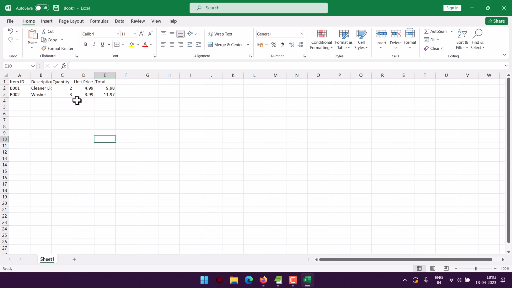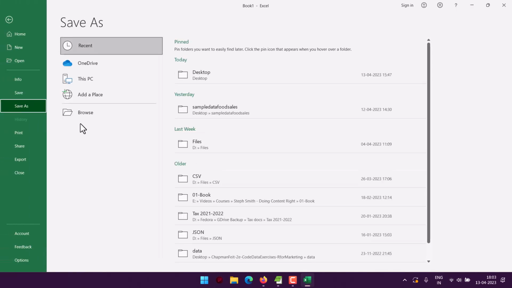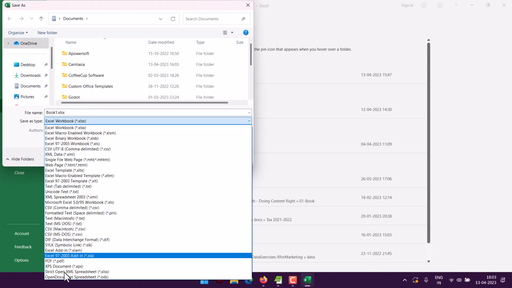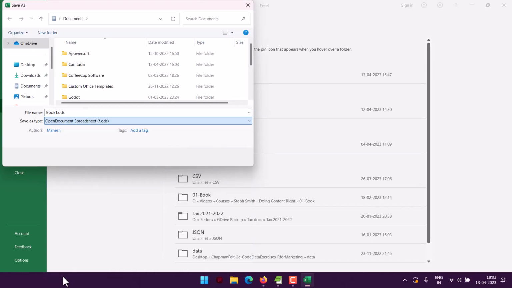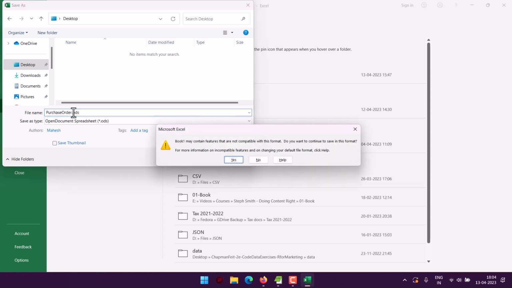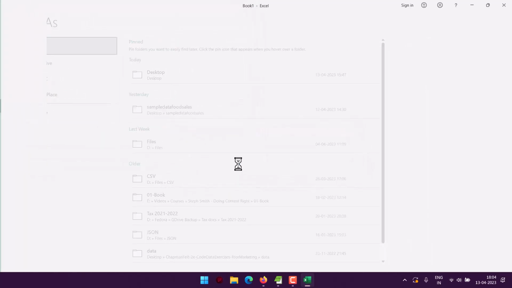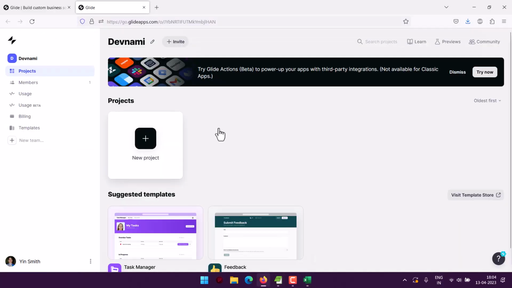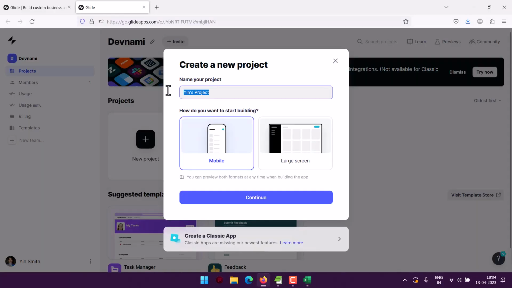Now I will save this and I will get into ODS format. So open data spreadsheet, and say I save this as purchase order, right? And I save this, say yes, and that should work. Now, if I save this and here if I choose new project and say